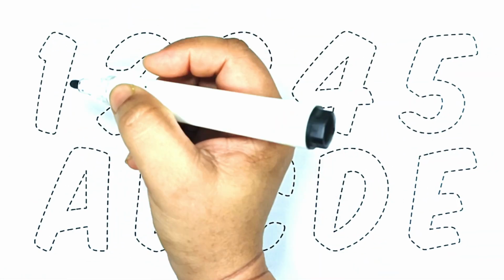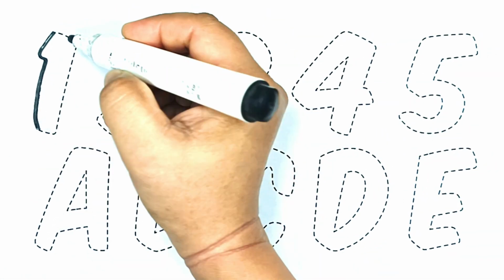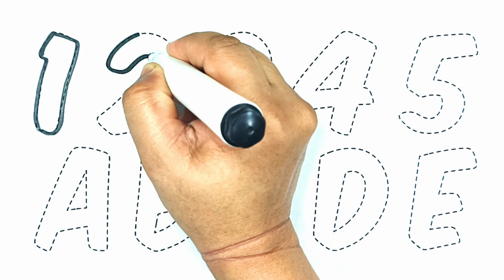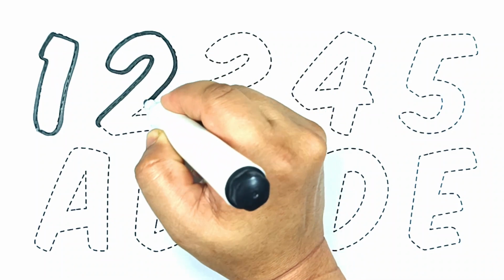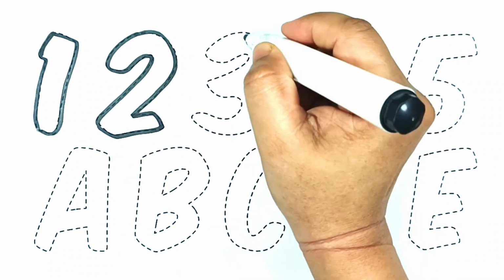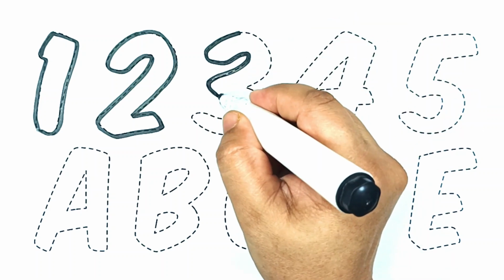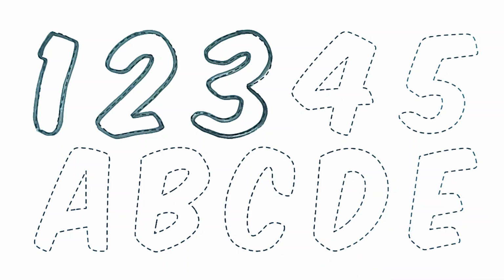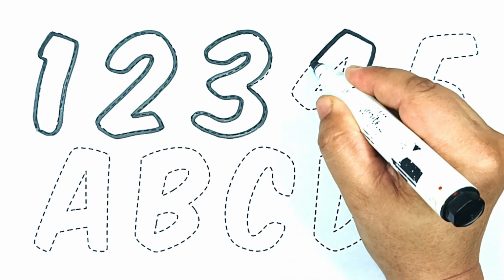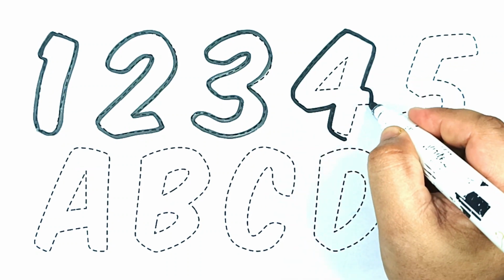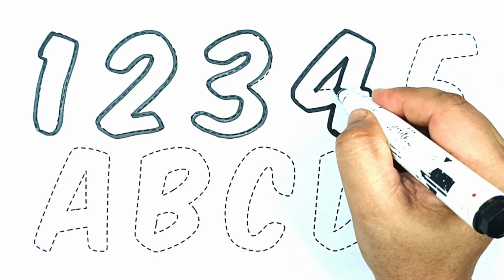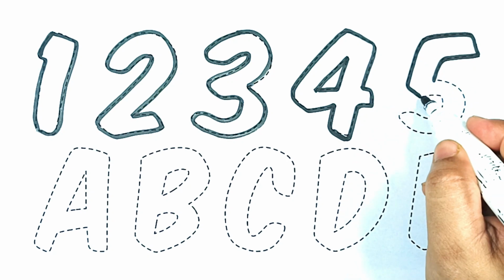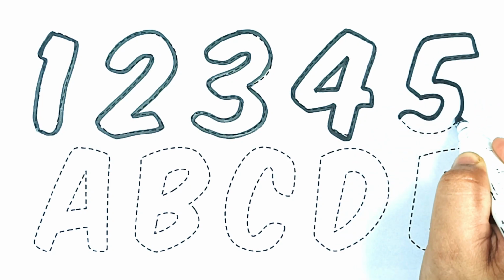Farmer in the dell, hi-ho the dairy-o, the farmer in the dell. 1, the farmer takes the wife, hi-ho the dairy-o, 2, the farmer takes the wife. The wife takes the 3, child, hi-ho the dairy-o. 4, the child takes the nurse, hi-ho the dairy-o, the child takes the nurse. 5,